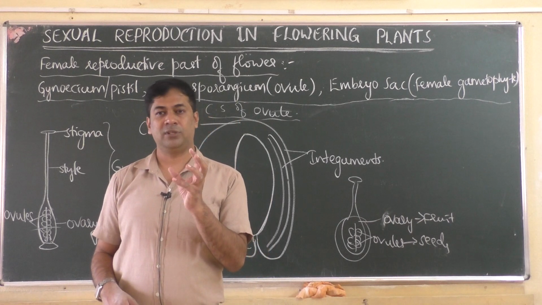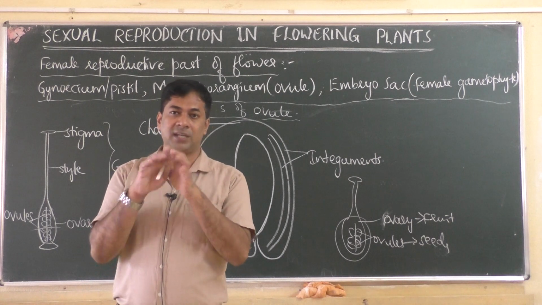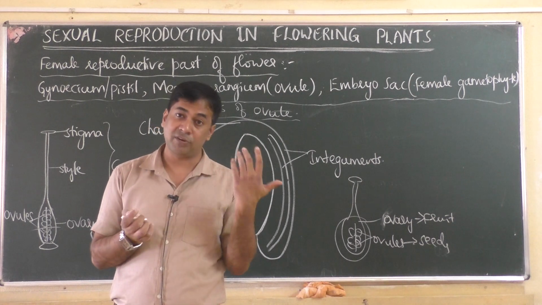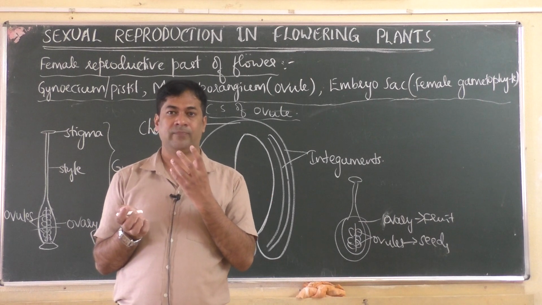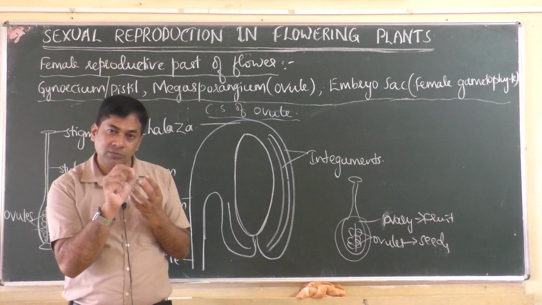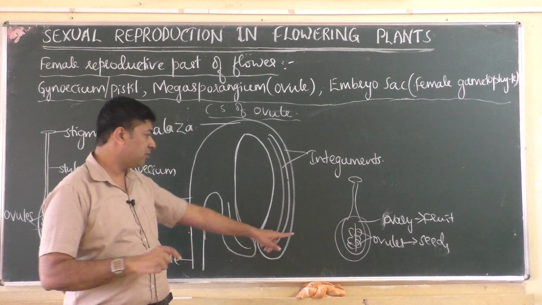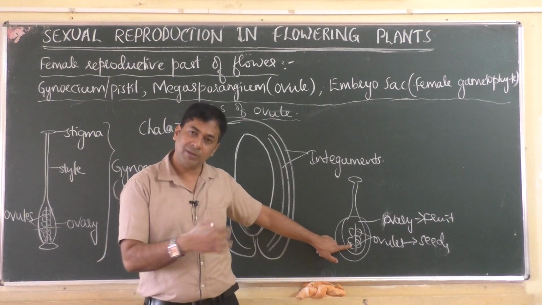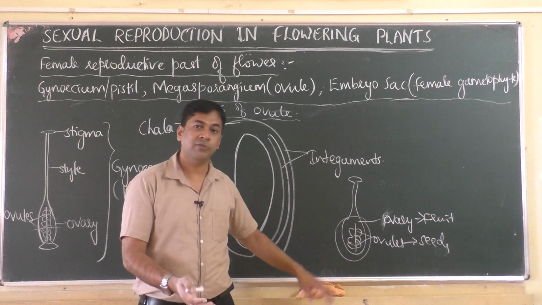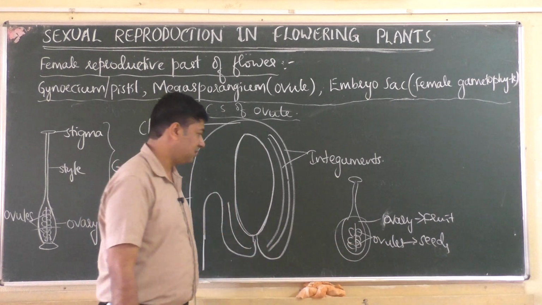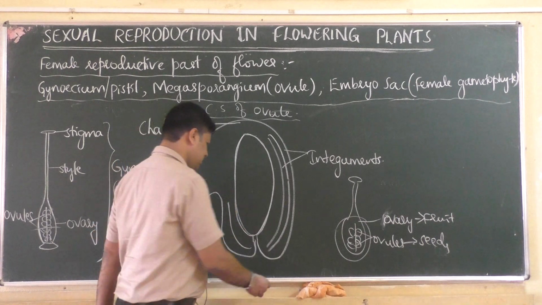Okay, guava fruit. The fruit that we eat, before it was an ovary. So we are eating a fertilized ovary. Okay, and the seeds that you see inside, it was an ovule before. So ovules will become seeds after fertilization, and the entire ovary becomes a fruit after fertilization. Now we are learning before fertilization.